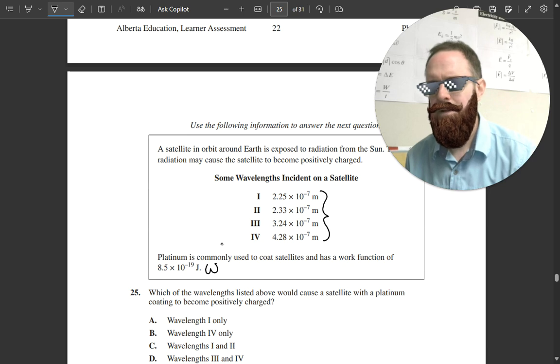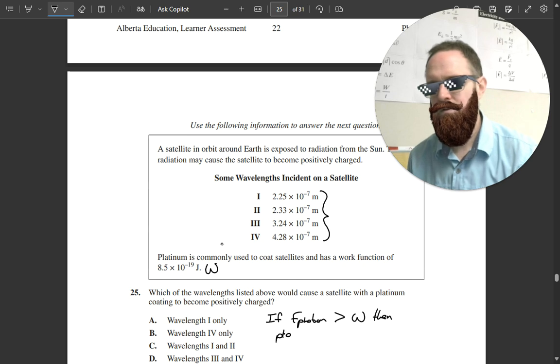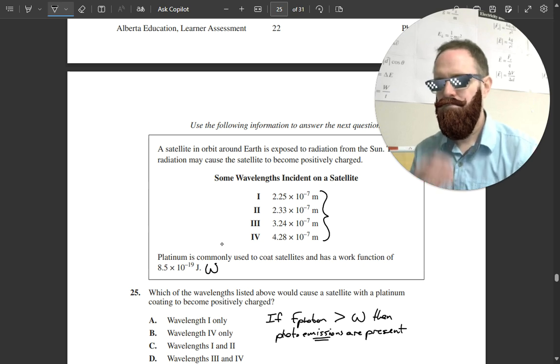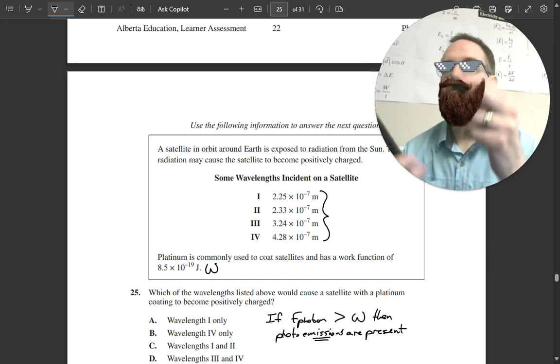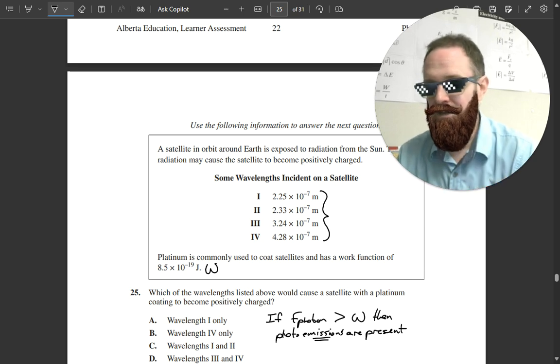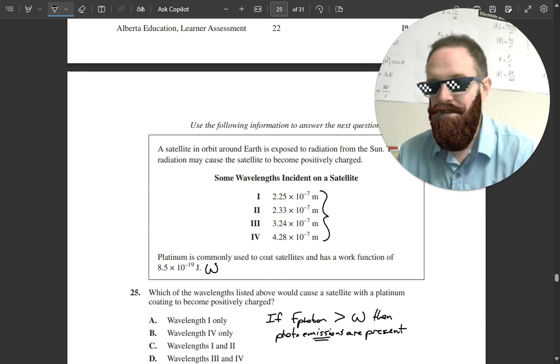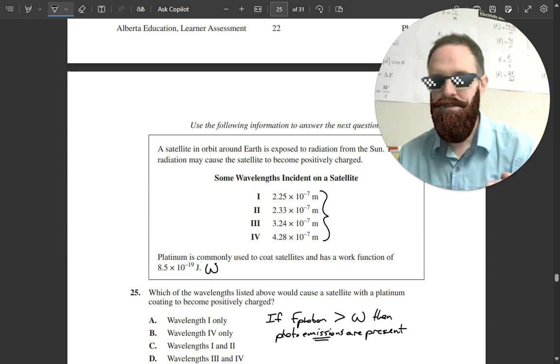So I'm going to write that down. If E photon is greater than W, then photoemissions are present. The photoelectric effect takes place. Okay, so we just have to find the energy of these photons. Remember, the shorter the wavelength, the higher the energy. So I only have to do this calculation a couple of times because they're in order. They go to longer wavelengths. So once I figure out